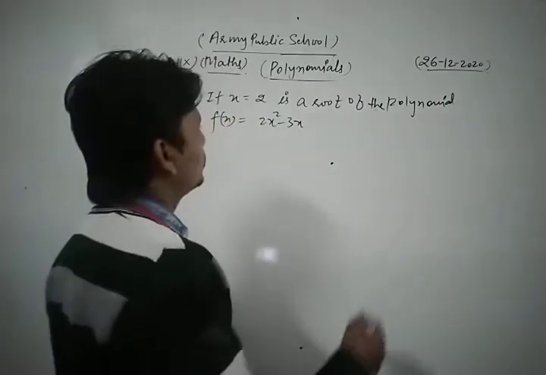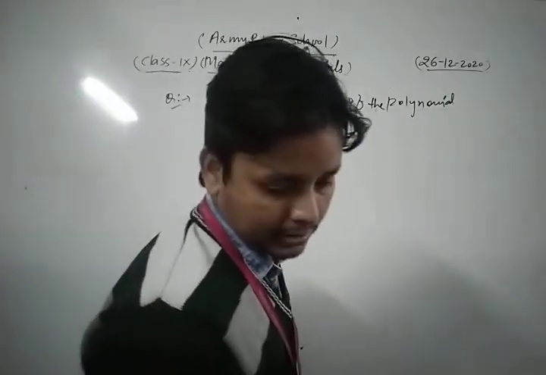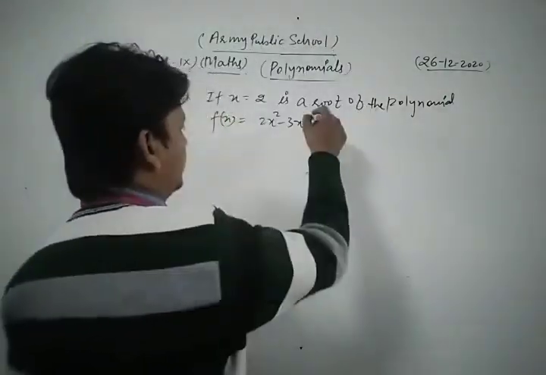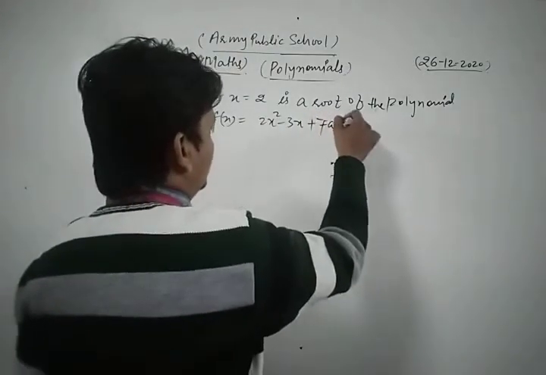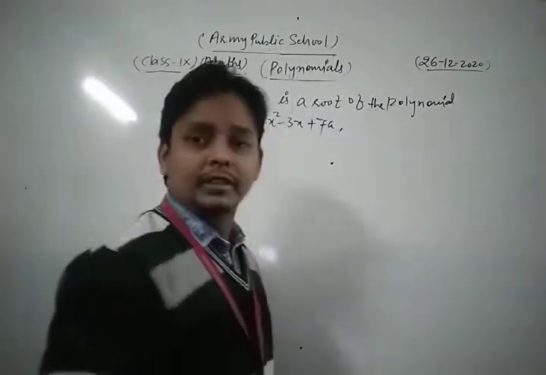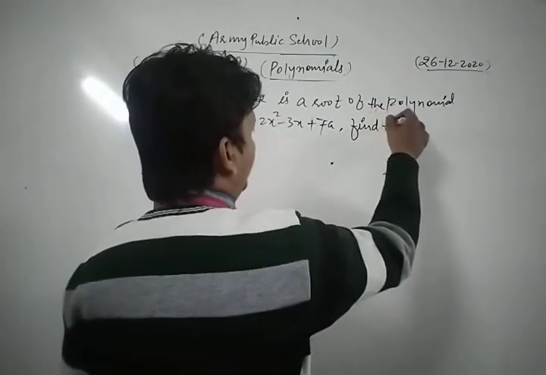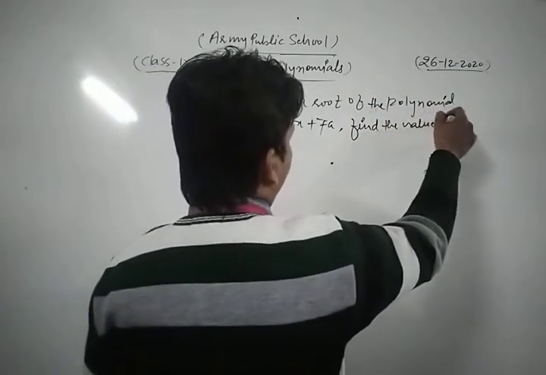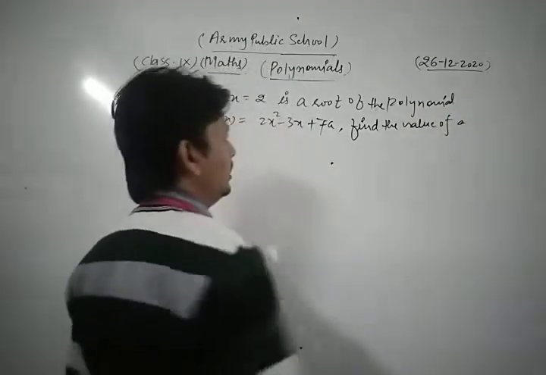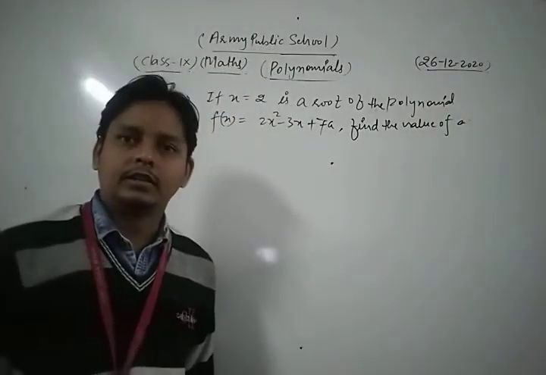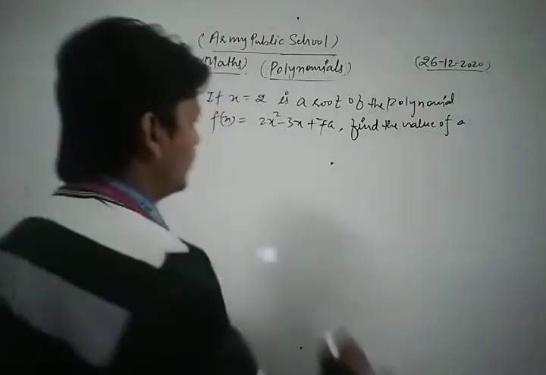If x equal to 2 is the root of the polynomial 2x square minus 3x plus 7a, find the value of a. This is a very important question